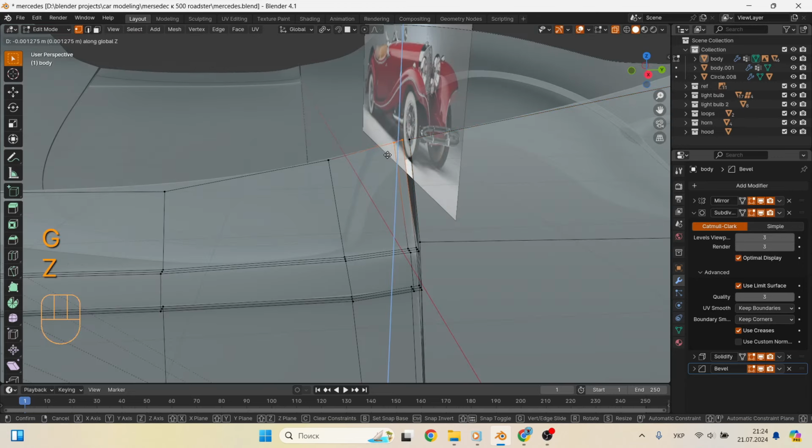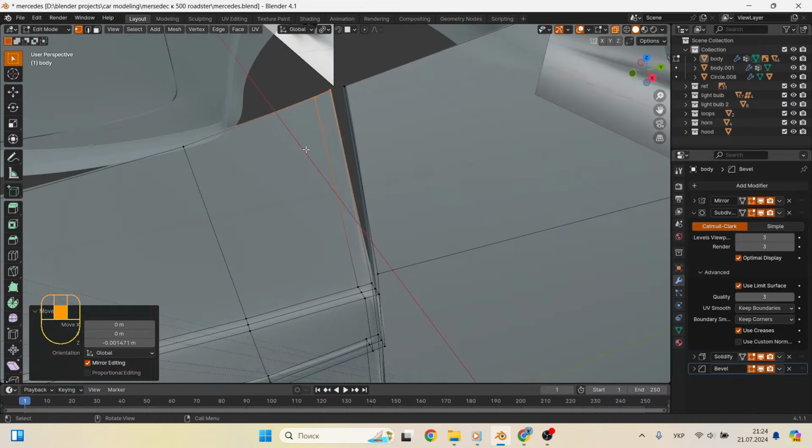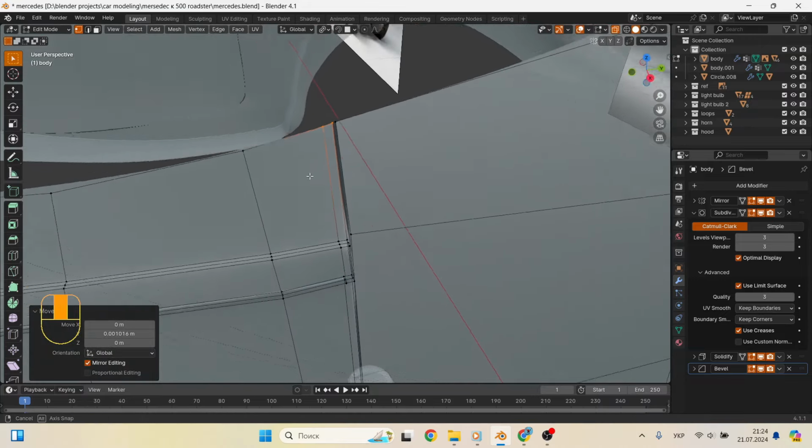One by one, carefully, adjusting the vertices, we get this result, and now the rear molding.